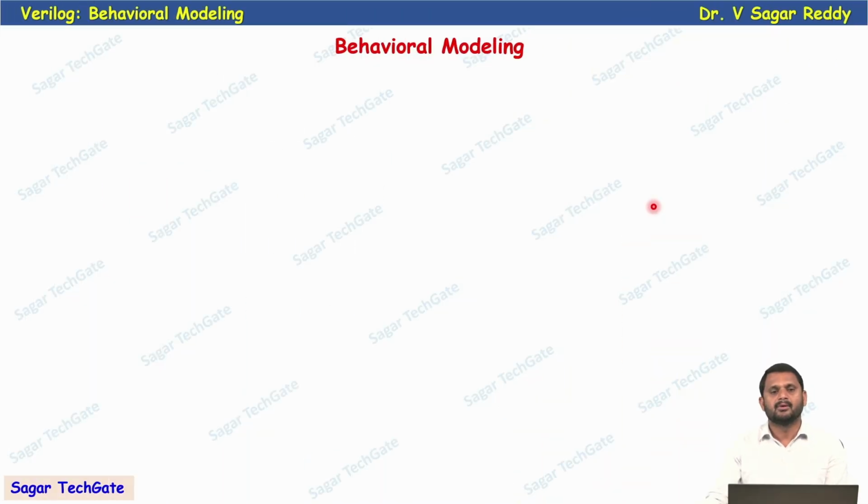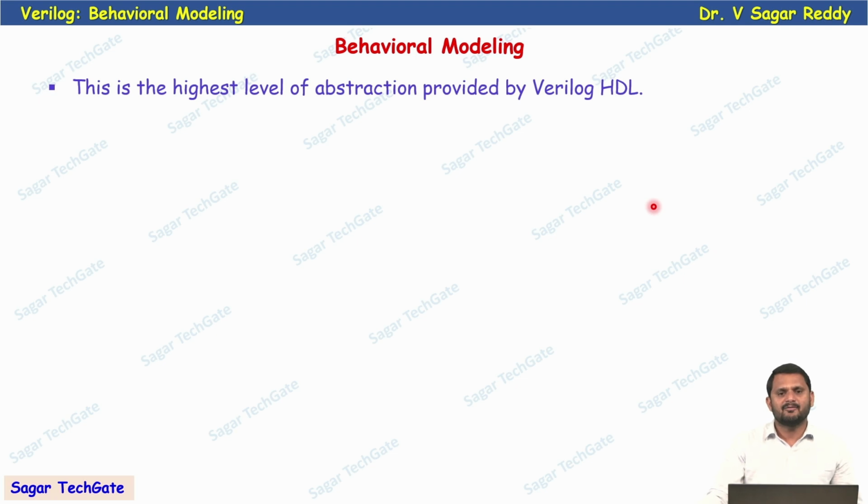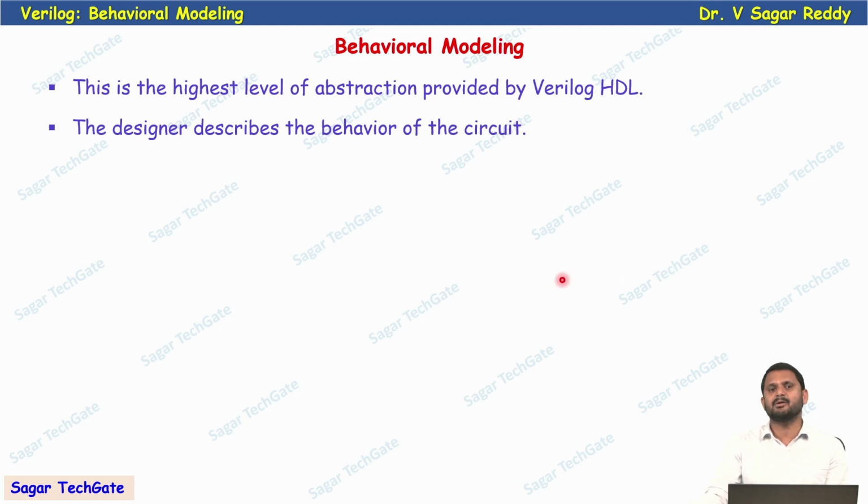Behavioral modeling is the highest level of abstraction provided by Verilog HDL. We discussed gate level and data flow modeling. Compared to those modeling styles, it provides the highest level of abstraction. We use simple constructs like the if else statement to describe the behavior of the circuit. So the designer describes the behavior of the circuit instead of how many gates there are and how they are connected,